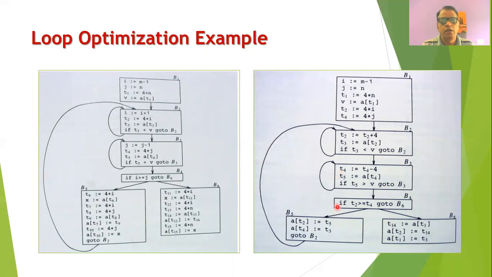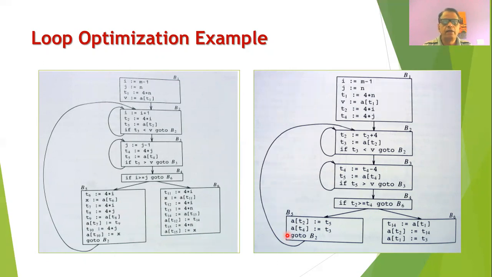That is, it is possible that without changing the meaning of the program, we are able to move two statements out of the loop. Again, if you check the block B5, then you will find that it is possible that you can eliminate the different expressions. And these expressions are eliminated because they are dead code and they are not playing any role. Only this expression A[t2] assigned with t9 can be replaced as t5 and A[t4] is assigned with t3. So you will find that this block B5 will now consist of only 3 statements.